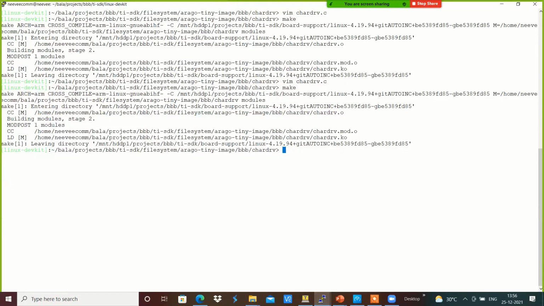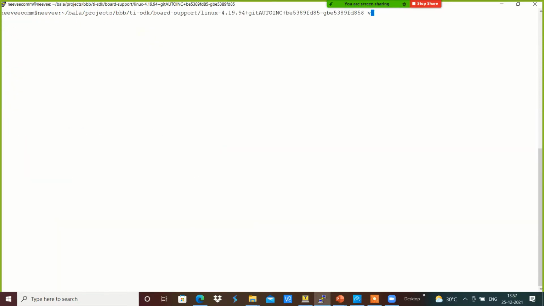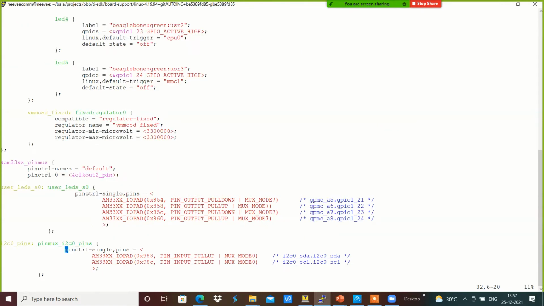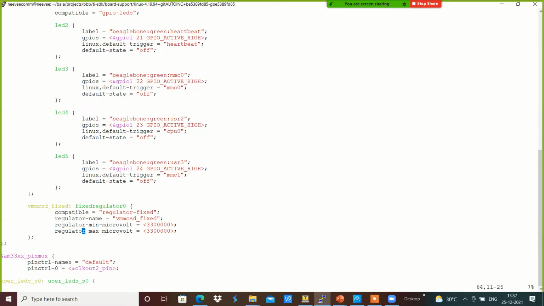For example, I am going to add an LED. I will open it with Vim: arch/arm/boot/dts, AM335x-bone-common.dtsi. In this I am going to add the LEDs.